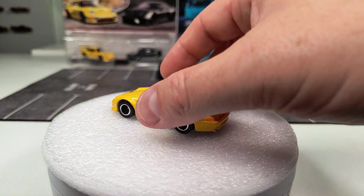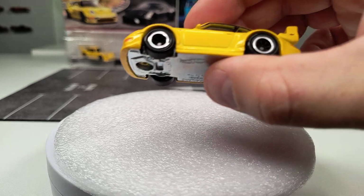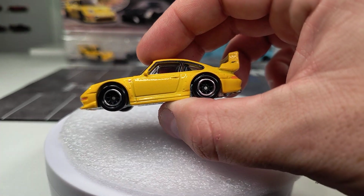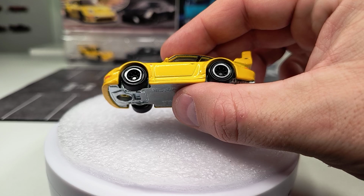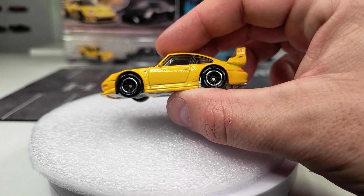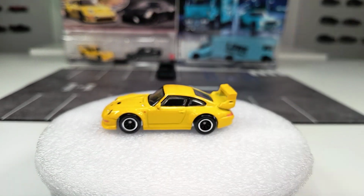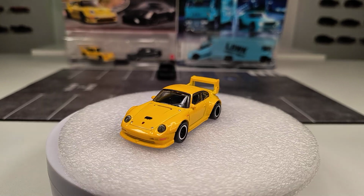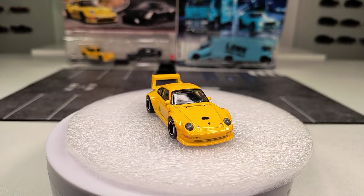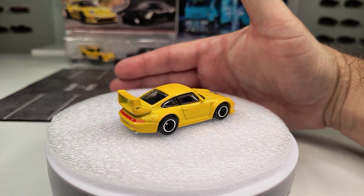The wheels are different. This one here comes with these black rims. I think these are 10 spokes, if I'm right. They are a pretty good match for this car, and I think they do look better than on the original. And I think the only other difference is it's a little bit different shade of yellow. So